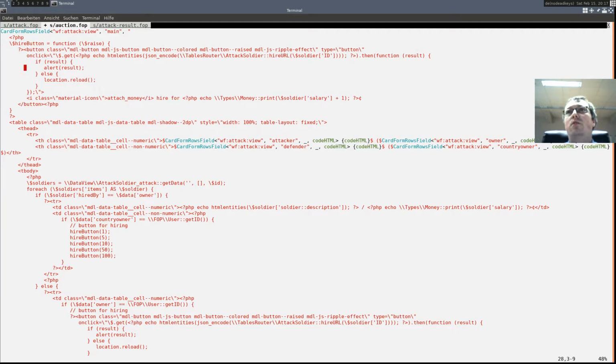Of course, we want to also add the raise factor here, and we should also add a parameter called soldier. Otherwise we don't have this soldier variable available with the ID and salary.